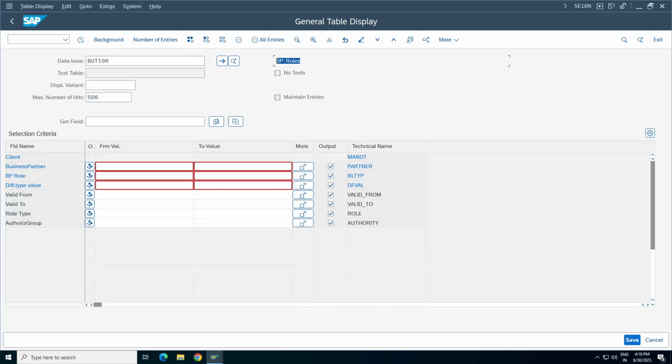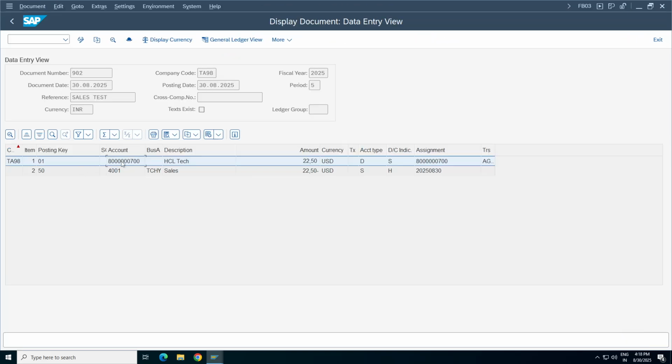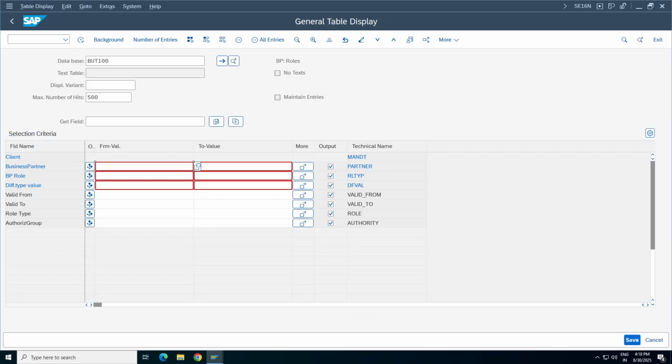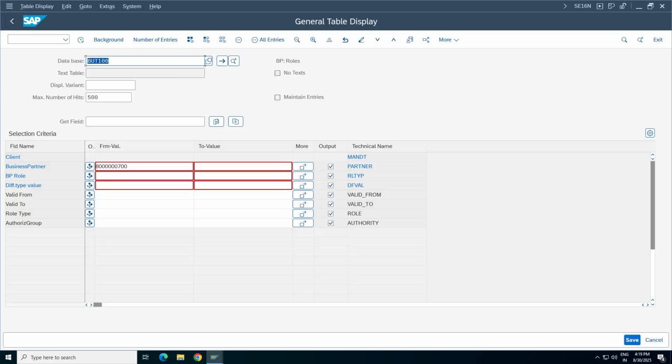Now, if you want to know what your role is, of course, if you remember the business partner role, fine. Copy this one, Ctrl+C. If you don't know under which role this has been created, enter your business partner, execute it. So you'll come to know what roles have been created for this business partner. And if I put it to 000,